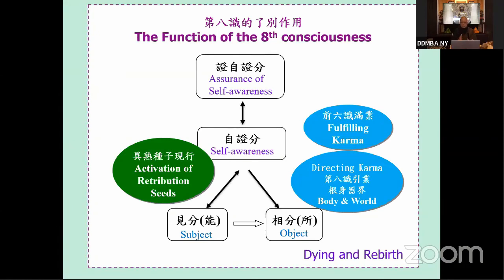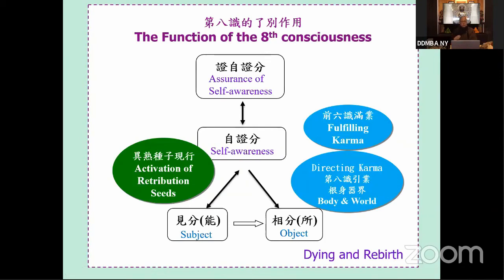So here is the reason. This is the most important message that we talk about. The form Dharma, the organs, the outside world that we perceive, that we own, the body, is actually a manifestation of the mind. Okay, here is the process. So when we, in the process of reborning, okay, there is an activation of the retribution seeds,